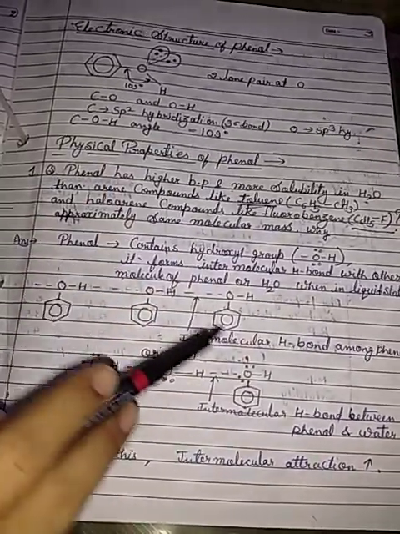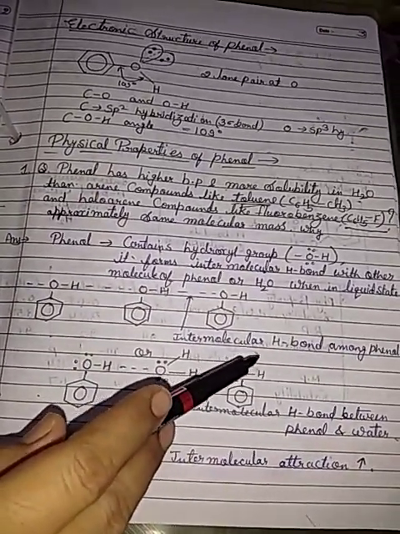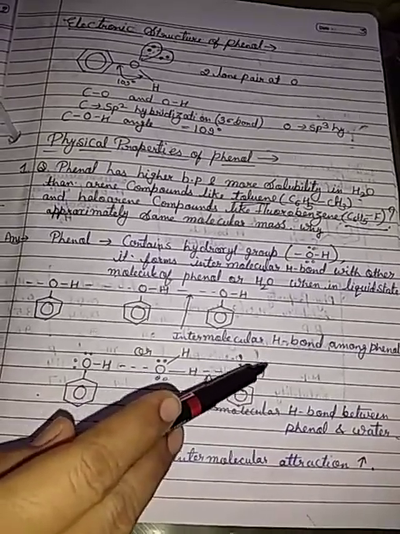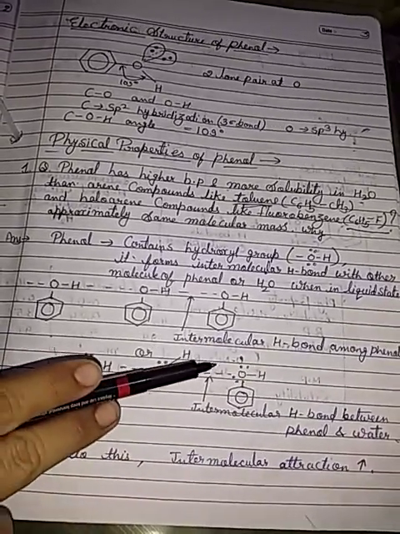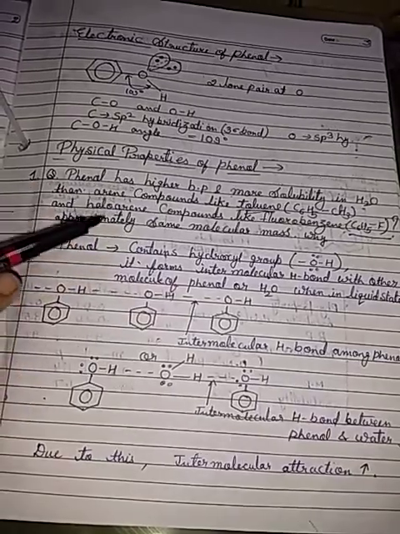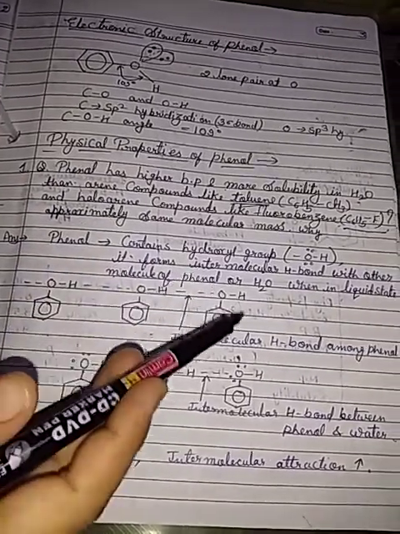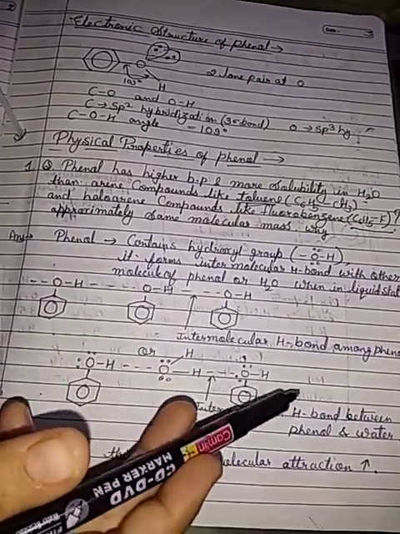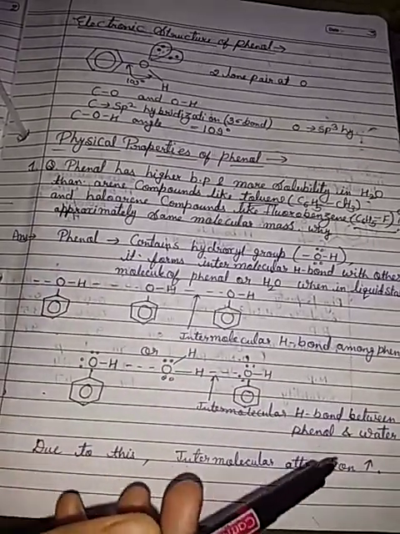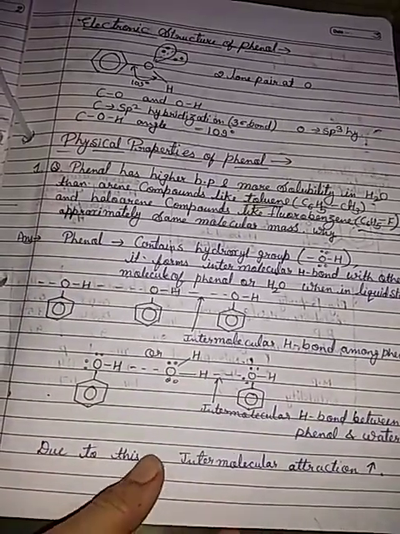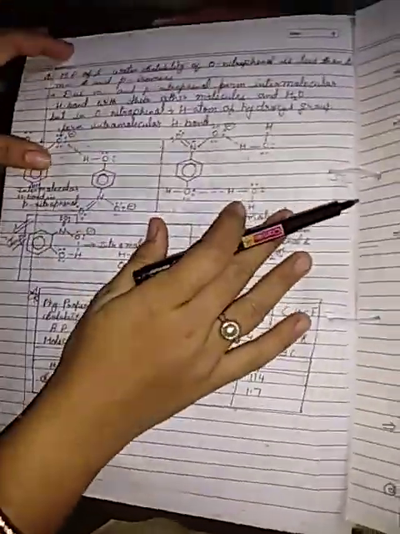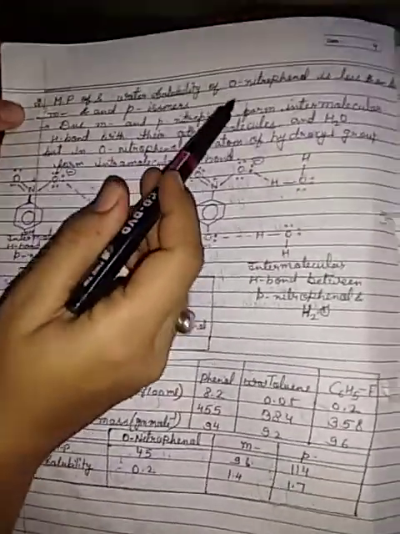So in phenol these bonds are present, and breaking these bonds requires higher energy. So its boiling point is higher, because higher energy is required, that means a high temperature is needed, so its boiling point is high. And this question is very important. Next is the melting point and water solubility of